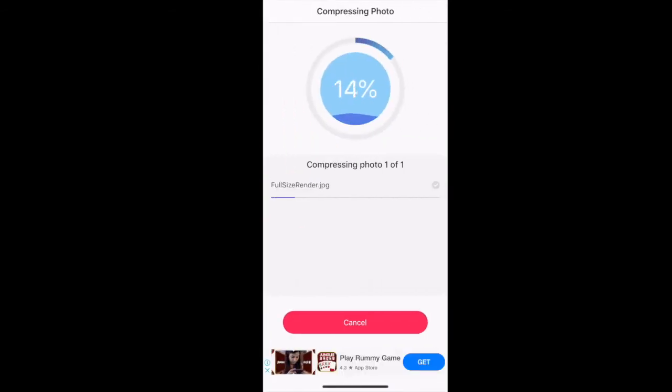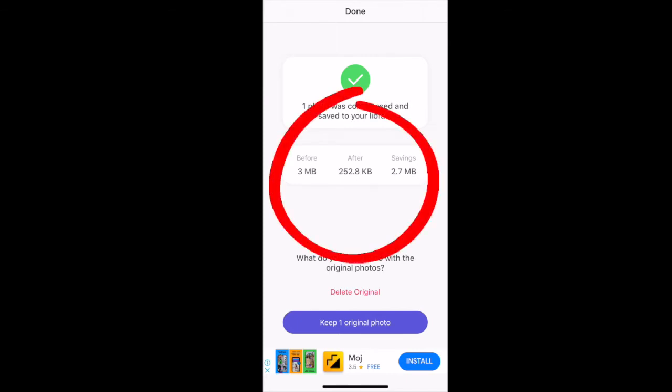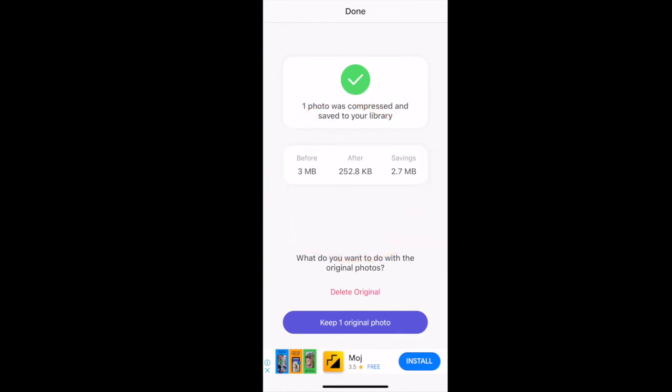Now the compression has started and the photo has been compressed. Here it is showing me that before the photo was 3 MB. After the compression it has been reduced to 252.8 KBs and I have saved almost 2.7 MBs.